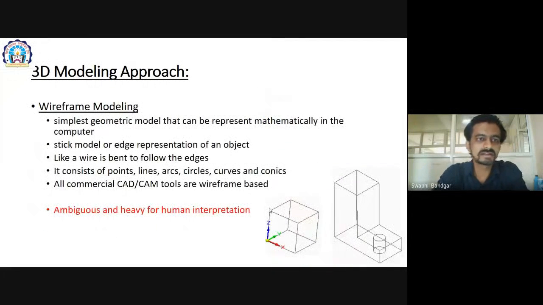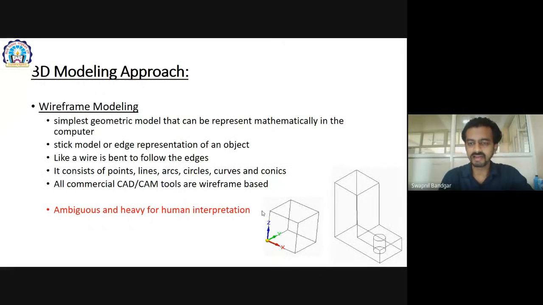The next slide is wireframe modeling. So what is wireframe modeling? It is a simple geometry or model that can be represented mathematically in the computer. The edges and its vertices are represented in the software.